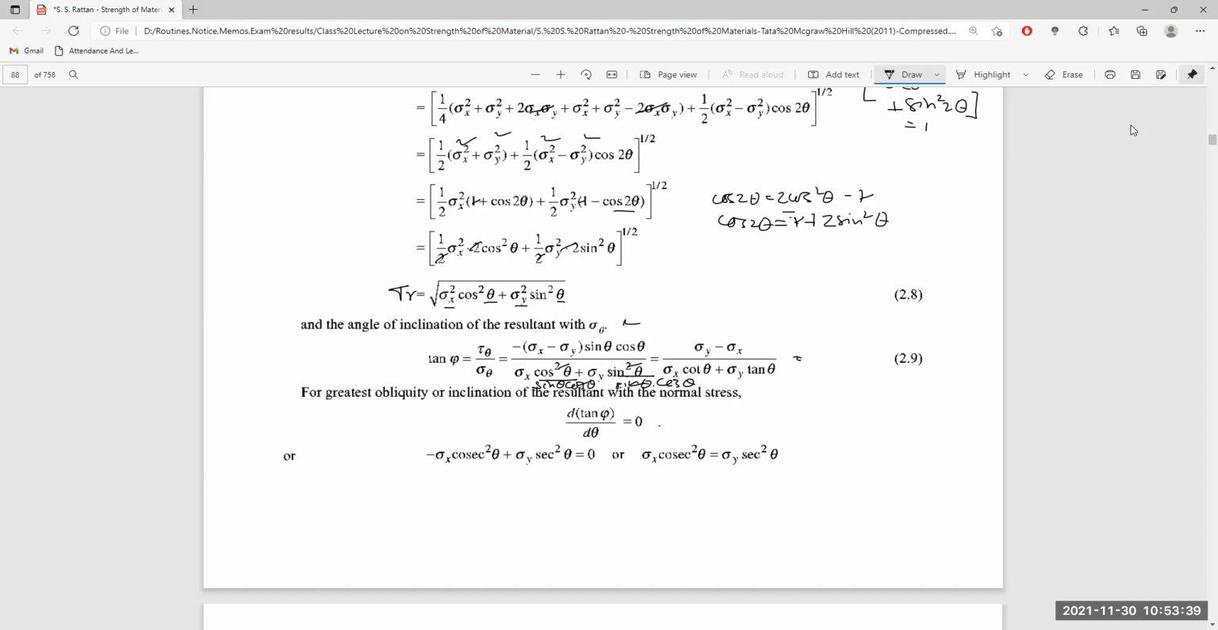The derivative of cot theta is minus cosec square theta, and the derivative of tan theta is sec square theta. When it becomes square like this, the 2 will eliminate each other. So this equation becomes tan phi equal to sigma y minus sigma x divided by sigma x cot theta plus sigma y tan theta. If we take d tan theta divided by d theta, so we are equating